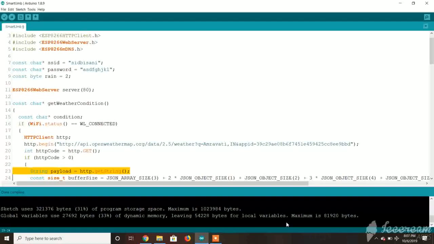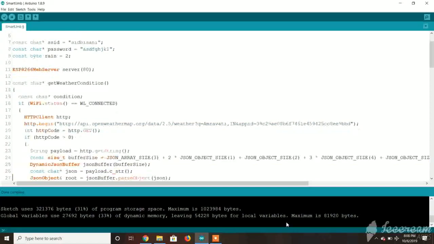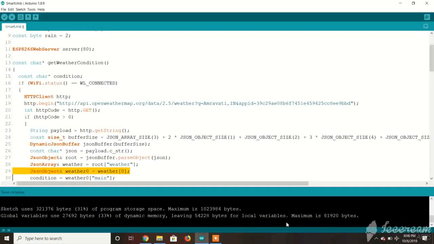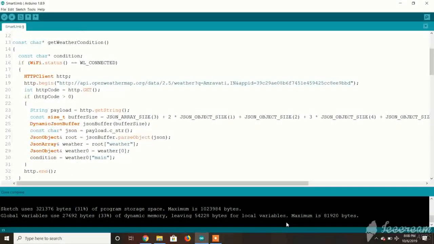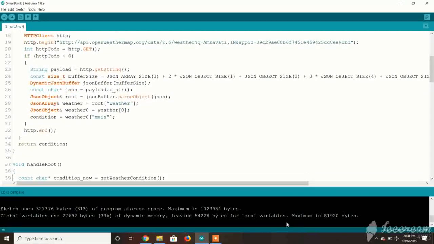Now we are splitting payload into different array sizes, and the value associated with weather is taken into the weather variable as seen from line number 28. Line number 29 indicates that whatever text is written in the weather variable, its first letter, say R from rain, H for haze, will be stored in another variable, namely weather0.